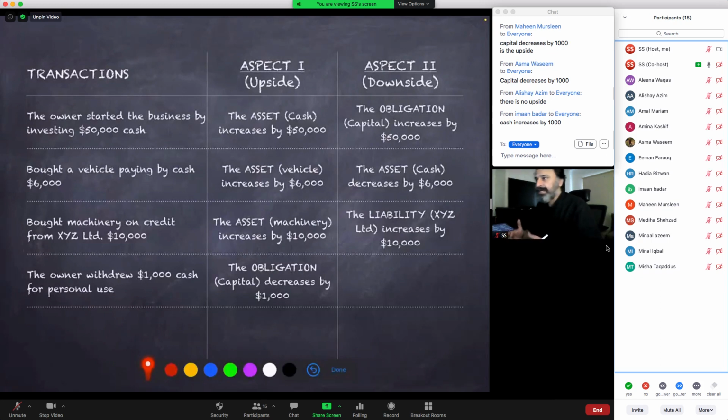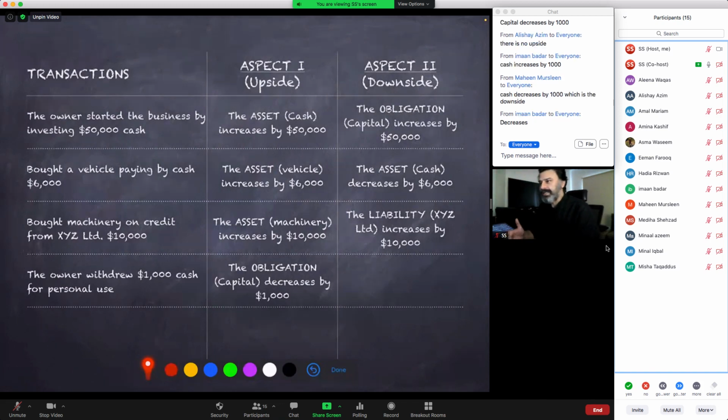Drawings, जैसे मदीहा ने लिखा कि drawings increase कर रही है. So basically, drawings increase करने का मतलब ये है कि आपकी obligation decrease कर रही है owner की तरफ. So the upside over here, we have identified correctly: our obligation towards the owner, which we call capital or drawings, is going down because of this event. We owe less to our owner, and that is going down by $1,000. It decreases, right? And the downside here is